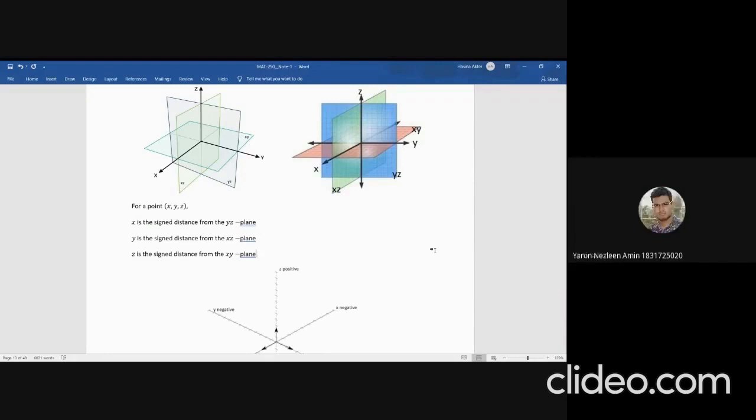Let me repeat: the ball is on the floor. That means the ball is touching the floor. So what should be the distance of the ball from the xy plane? Zero. Exactly, since the distance from the xy plane is denoted by the z coordinate, z is 0